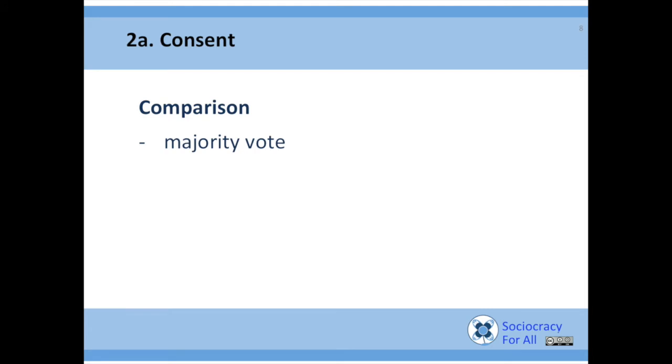Comparison with majority vote. If you vote in a meeting, you will have winners and losers, unless it's 100% yes. Majority vote is used so often, and we do not see how the culture around it is really about winning and losing.